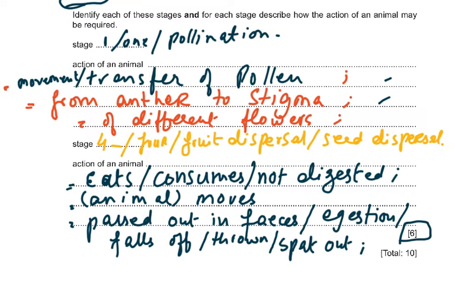So number one, the animal eats or consumes, and the seeds are not digested. Then the animal moves, like birds will fly away, and then the seeds will be passed out in the feces, or you can say egestion. Or sometimes we can also talk about the seeds having spikes on them, and then they stick to the fur of the animal, and the animal walks away, and then somewhere else it just sort of brushes itself and the seeds fall off. So you could have talked about that also, because that is also a form of animal dispersal of fruits and